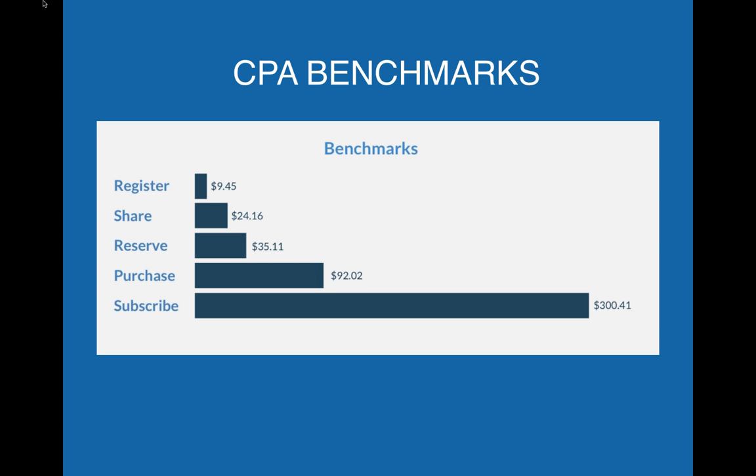And of course, every application is different. And even though many apps have some registration or sign-up component, it's slightly different in each application. And so, of course, there's variance within those numbers. But so that we could give a big picture and allow people who aren't in this data set to draw conclusions from it, we tried to generalize, and we came up with these 5 major event categories: register, share, reserve, purchase, and subscribe.